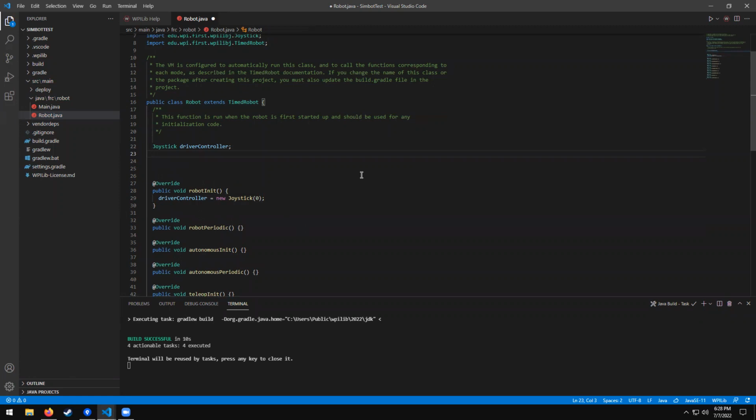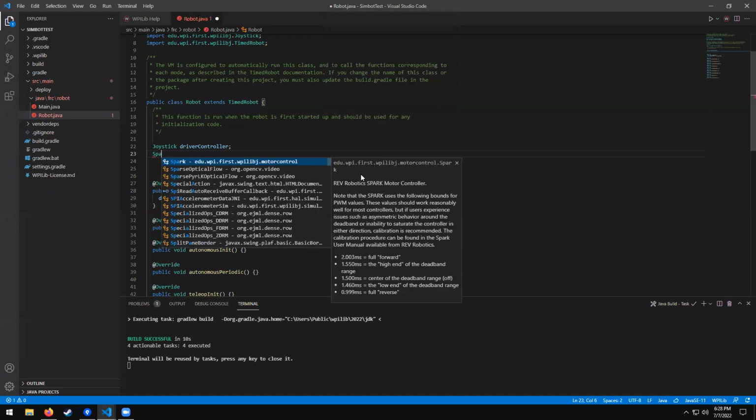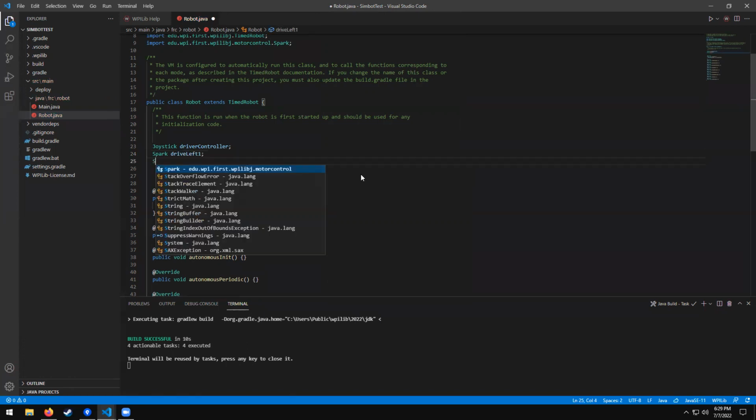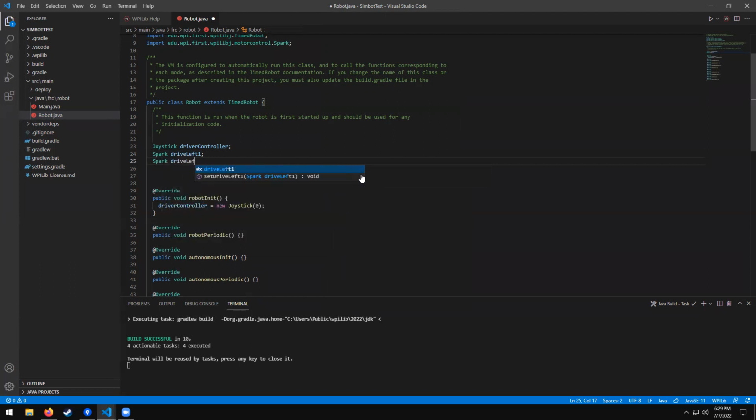Now we're going to do one of the motor controllers. It depends what brand you're using, but the code is going to be the same. So we can do a Spark, which I think is what comes in the kit of parts now. You can also do Victors or Talons. So we're going to do Spark. We're going to call it drive left 1. Usually most robots have 4 motors on them for the drive base. So we're going to just